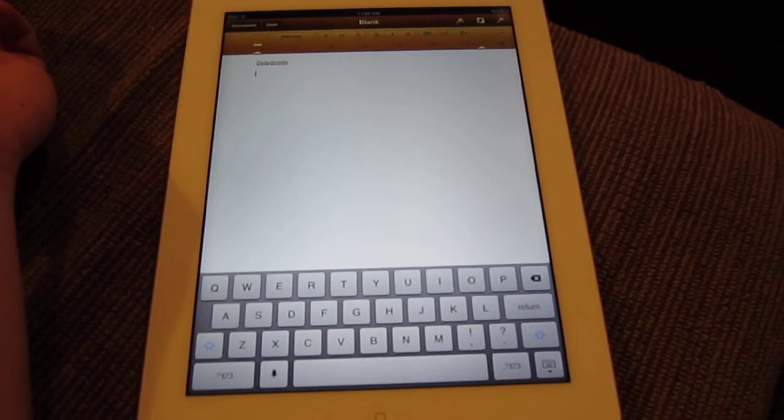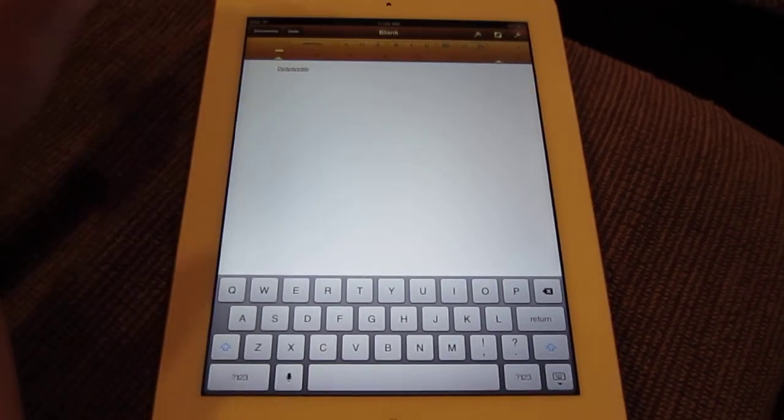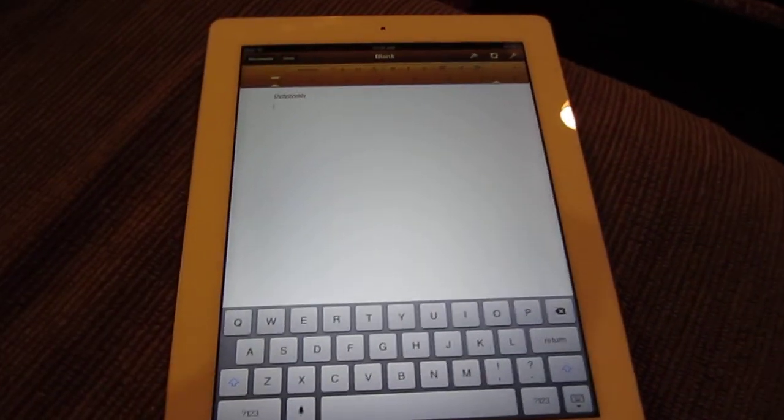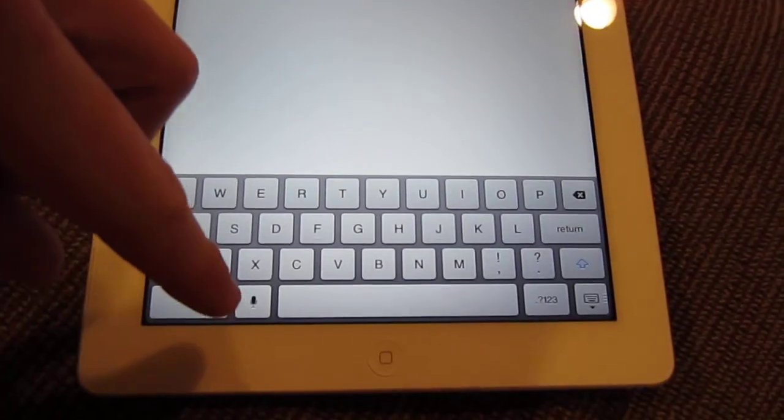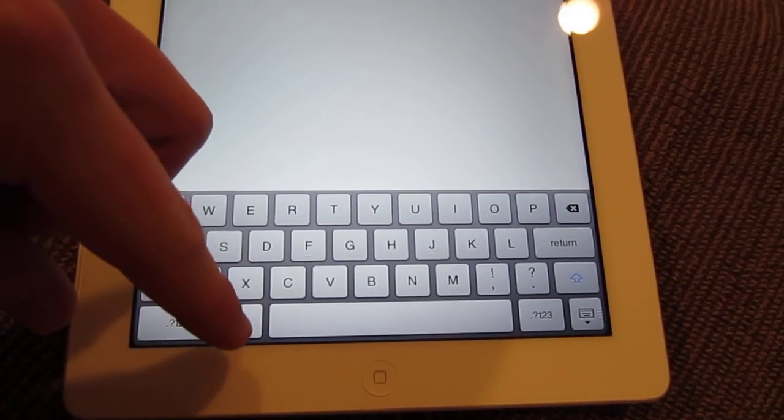And the last feature that I did want to show you is, again, this runs iOS 5, so all the software is the same. It does not have Siri, but it does have dictation, which is the last feature I want to show you. So down here on the keyboard, you have a dictation thing, where if you click it and say, like, for example,